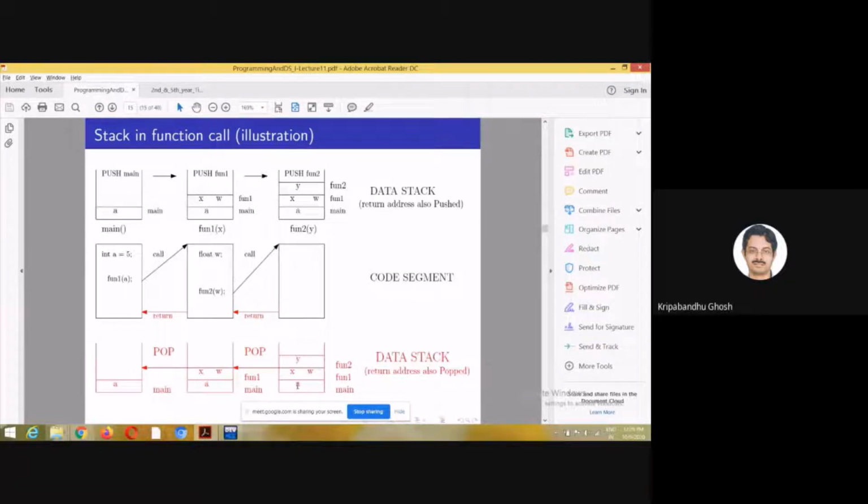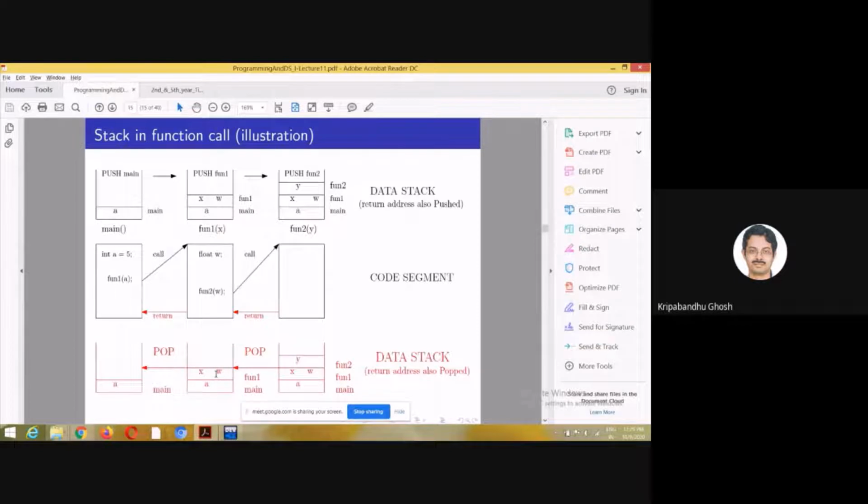After returning from function 2 to function 1, we again have x and w as local variables. We also retrieve the address where the control comes back. That is also stored.